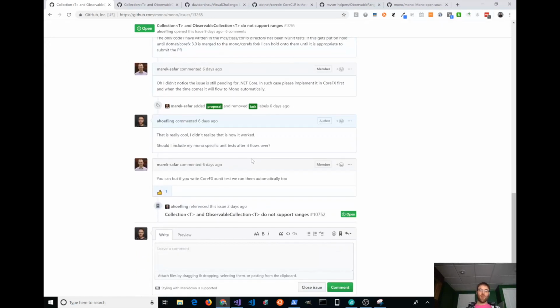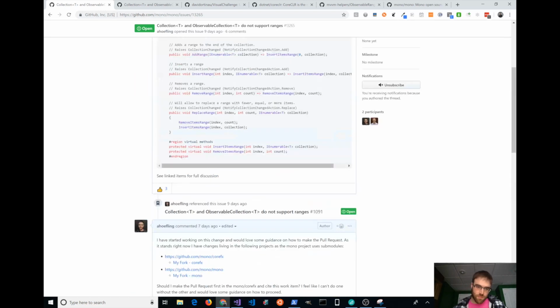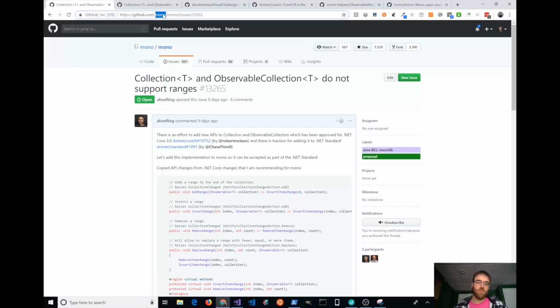And when I started with it, it was, okay, let me get the Mono project running. Let me make the changes in the Mono project and submit it there, because I had no idea how any of this stuff actually worked. And then after I got a little bit closer, they told me that it actually needs to be implemented in Core FX first, and then it gets brought over here automatically, which was really cool to see how some of that stuff works. So then I took my changes and spent a day trying to figure out how to port them over to Core FX. And inside the Core FX project,